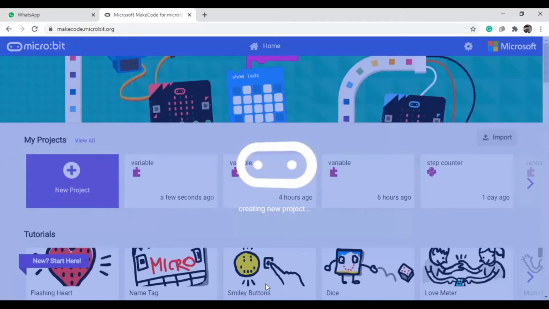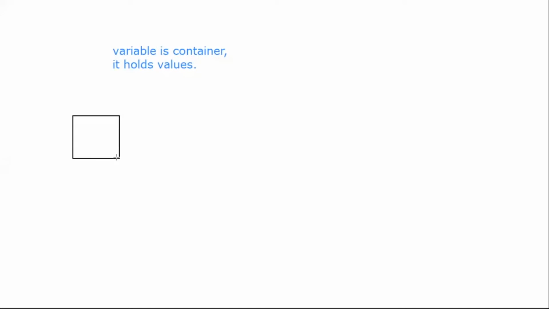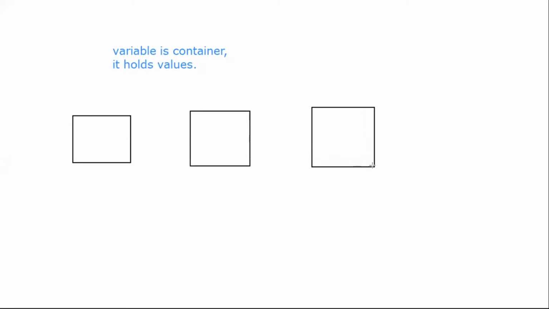If you see here, just a variable. A variable is a container, it holds some value. A variable is a container, it holds values. And how many types of values are there? Here we are using 3 types, sorry, 4 types, but here I am writing the 3 types. For your certification purpose I am writing the 4.